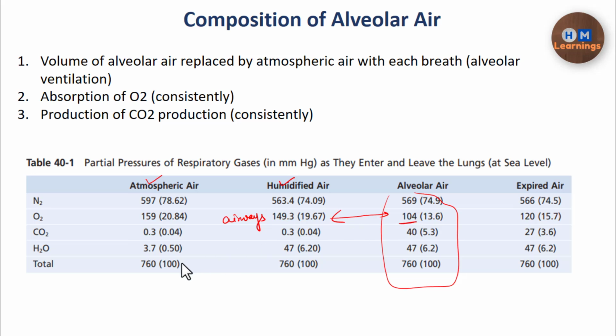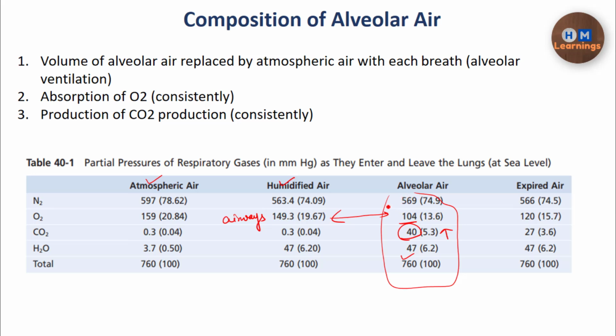So there is a drop in the oxygen partial pressure because oxygen is continuously being absorbed, and also carbon dioxide is entering the alveoli, which is replacing the oxygen. Or you can say the increase in the partial pressure of carbon dioxide in the alveoli shows that carbon dioxide is continuously entering the lungs, and this remained constant, and the partial pressure of nitrogen is changed a little bit.